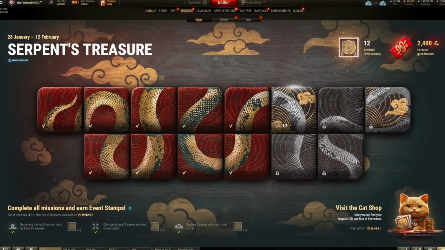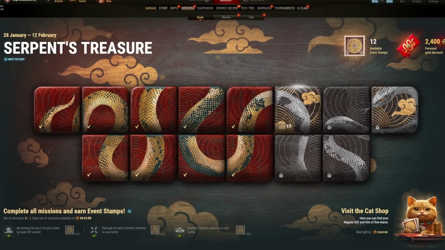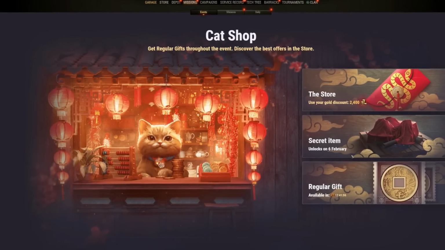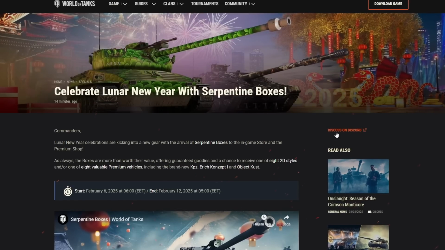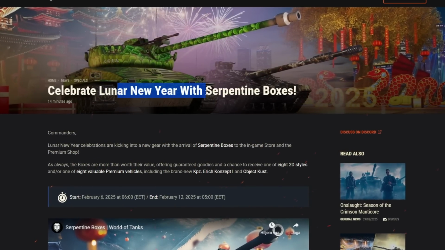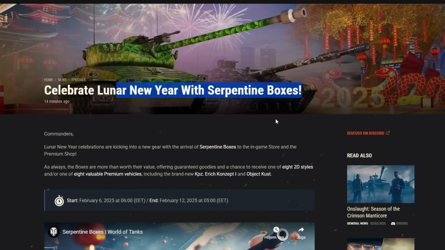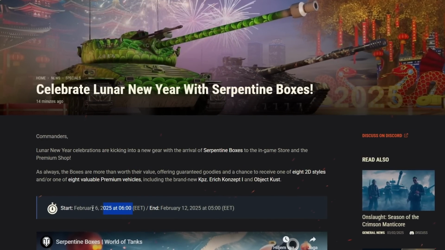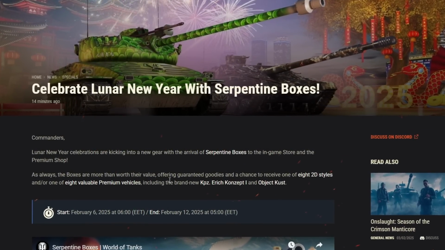Ladies and gentlemen, the secret has been revealed. The big, massive secret. Secret item unlocks on February 6th. Nobody expected that this is going to be Lunar New Year with Serpentine boxes. We are able to celebrate boxes starting from tomorrow, early in the morning, February 6th, featuring